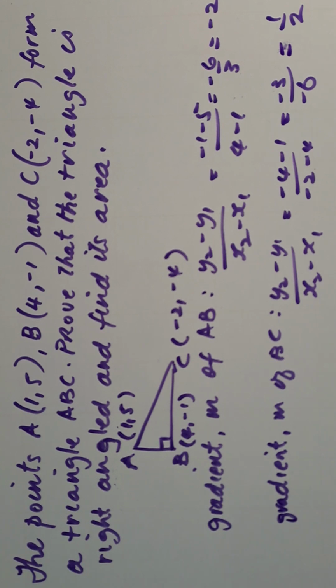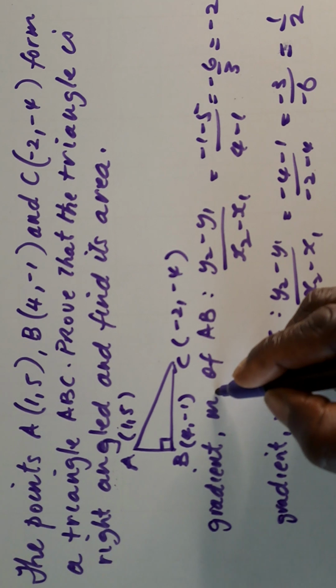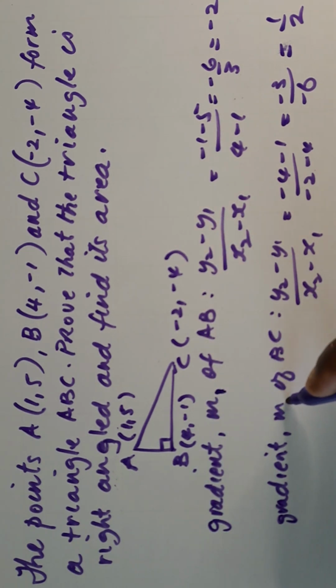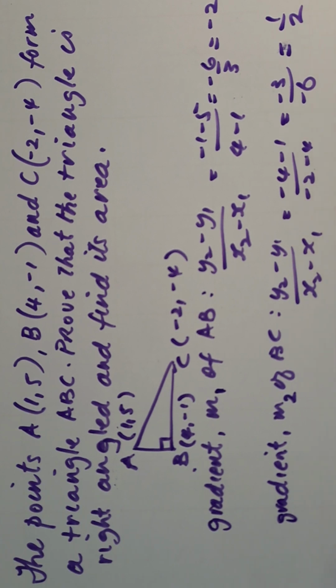Now, the concept we'll use here is that the product of these two gradients, the gradient of AB and BC, should be equal to -1. So we'll call AB's gradient M1 and BC's gradient M2. So M1 times M2 should be equal to -1, and we can check that as -2 times a half, which is equal to